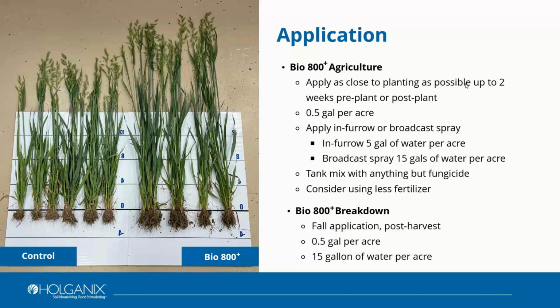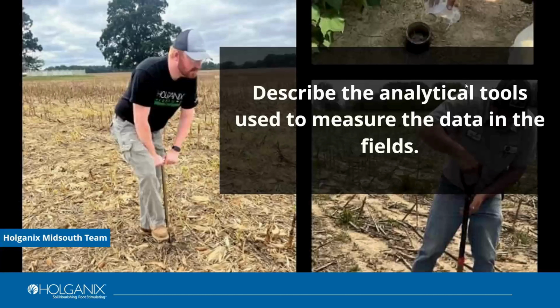The breakdown application for residue control is soon after harvest as you can in the fall. That's only a broadcast application, and we want that put down with enough water that we wet it into the residue. So that's the product. Enough of me talking. So instead, I'm going to turn it over to Mike and Landon to really describe the